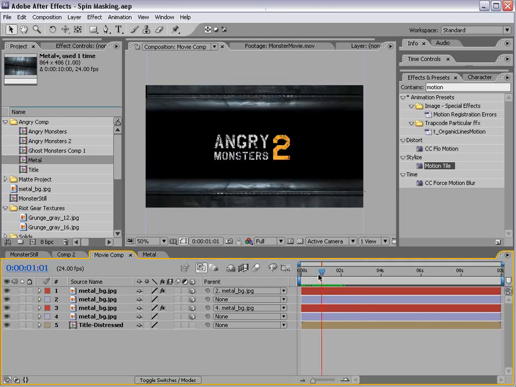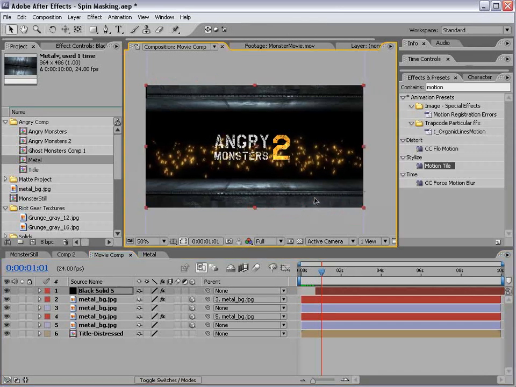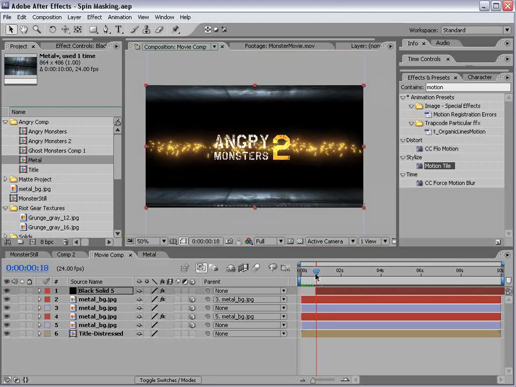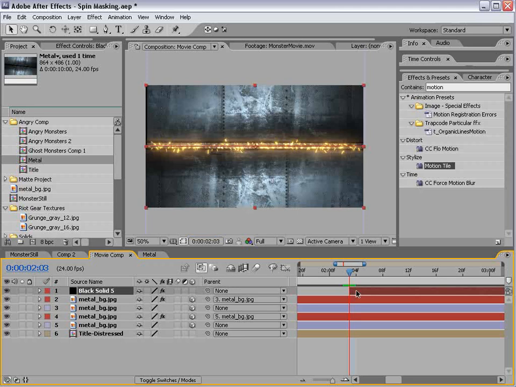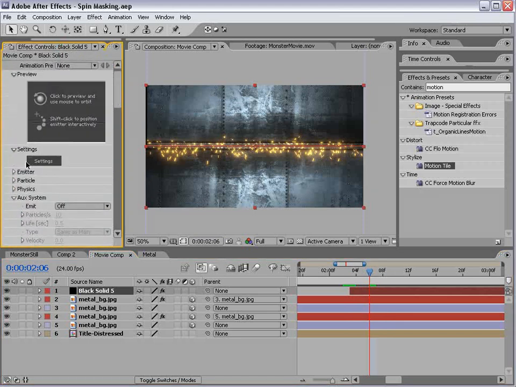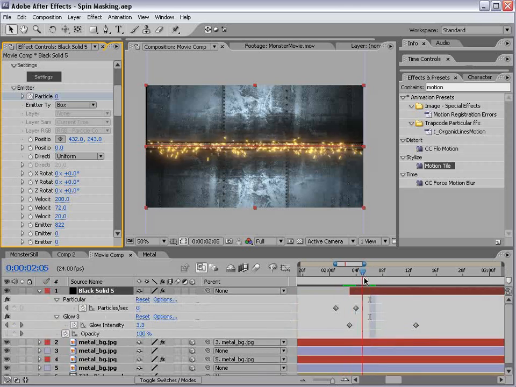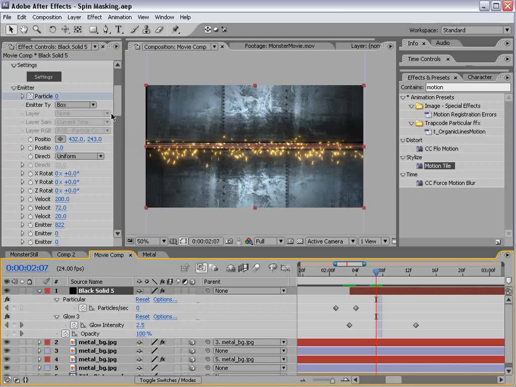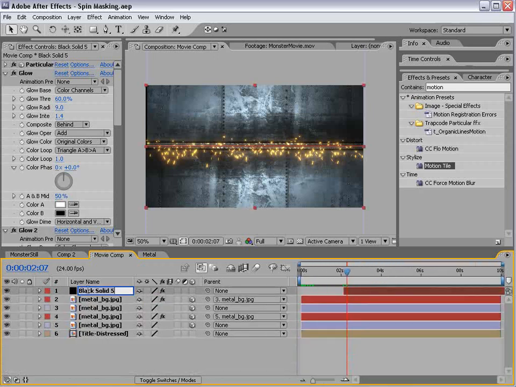So we'll skip that, but I will go ahead and paste the layer we created earlier, and by we I mean myself, and we'll just go ahead and line that up with the smashing. And you can use Particular, or you can use Particle World. I actually just used Particular, and the idea is just to emit a lot of particles in the first 2 frames, and then keyframe it down to just a few, and then just a little bit of gravity, and there you go. So get a little explanation at least. So here's our sparks,